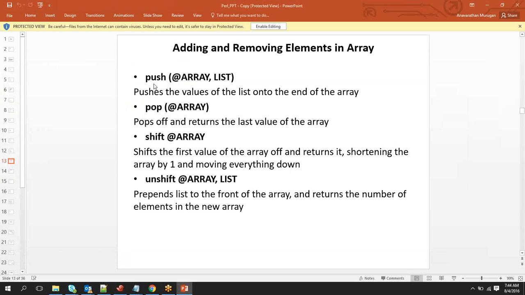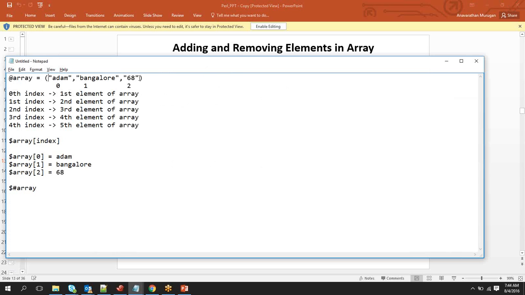So we have a function called push. Okay, so what does push do? If you have a value that you want to add at the end of the array, then you will be using push. So for this, what you will be doing is you will say push and the name of the array, comma, whatever value that you want to pass. So whatever value you are passing, that will be stored into this array at the end. Okay, so now here,